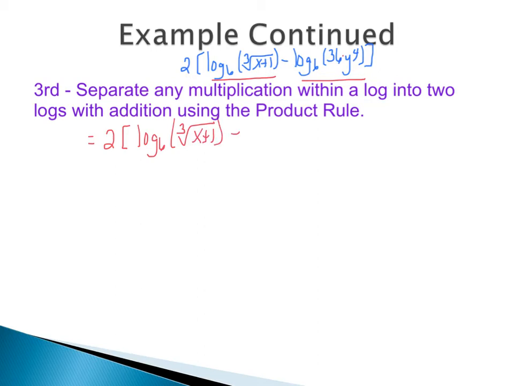Then we are going to separate the log base 6 of 36 y to the 4th using our product rule. Another important piece here is that since I'm separating that second log, we have the subtraction. I'm going to put another set of parentheses here to illustrate that we're going to be subtracting the entire part. So I have log base 6 of our first piece, which is the 36, plus log base 6 of y to the 4th. I'm closing the first parenthesis to show that it closes off from the subtraction, and then I'm still going to have that square bracket to show that it's still involved with that 2 out in front.